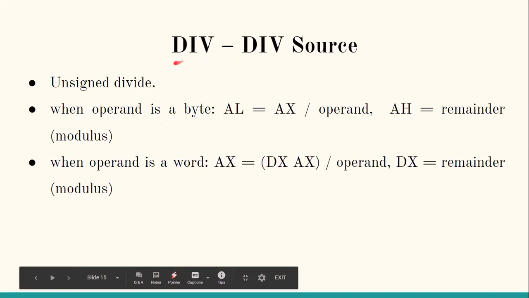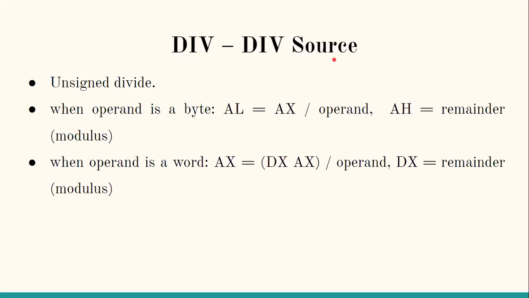Now, moving to the instruction for division operation, we have the div instruction with the opcode div and its format is div source. That means one of the operands is specified along with the opcode in the instruction. Again, this is for the division of unsigned numbers. Both the dividend and divisor which we want will be unsigned numbers.